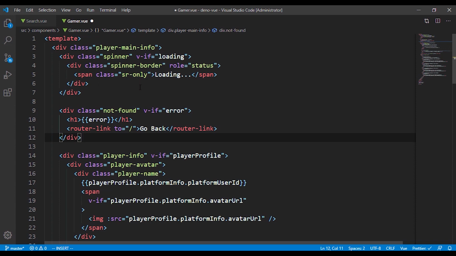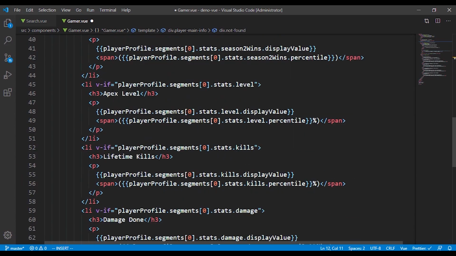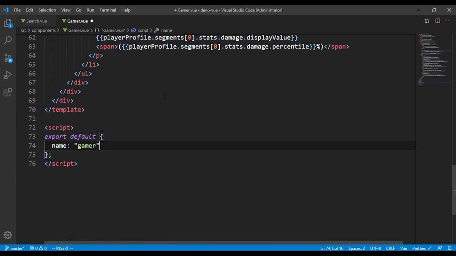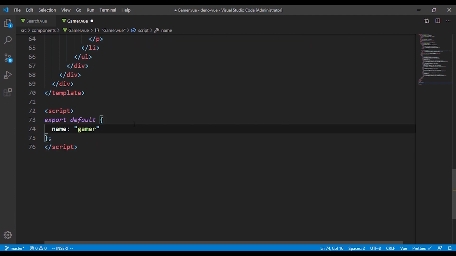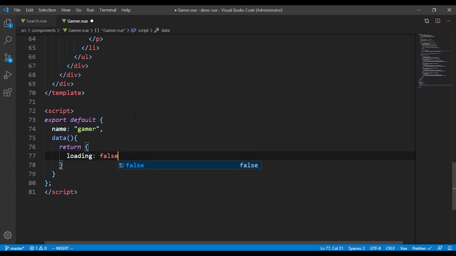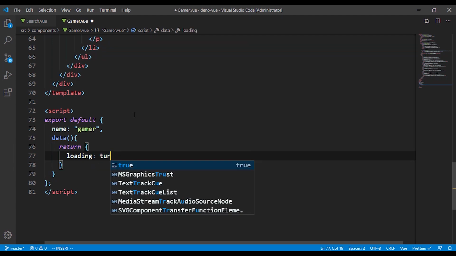Also, we have to show something like a spinner icon whenever the user is being searched for. So right now, let's go over to the bottom. The bottom part of this is where we are going to be handling our Axios request and also catching the request values with a promise. The first thing I have to do is bring in our data. The data is going to return an object that sets the loading by default to false. So if I happen to set this loading to true,